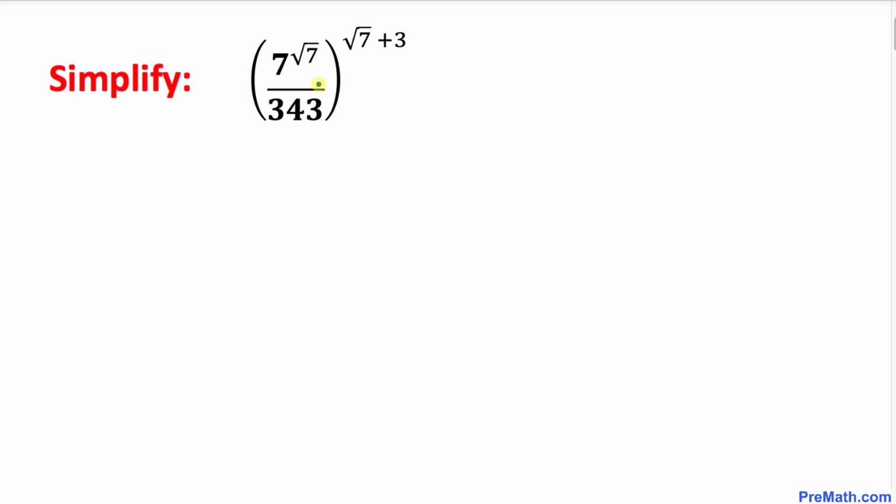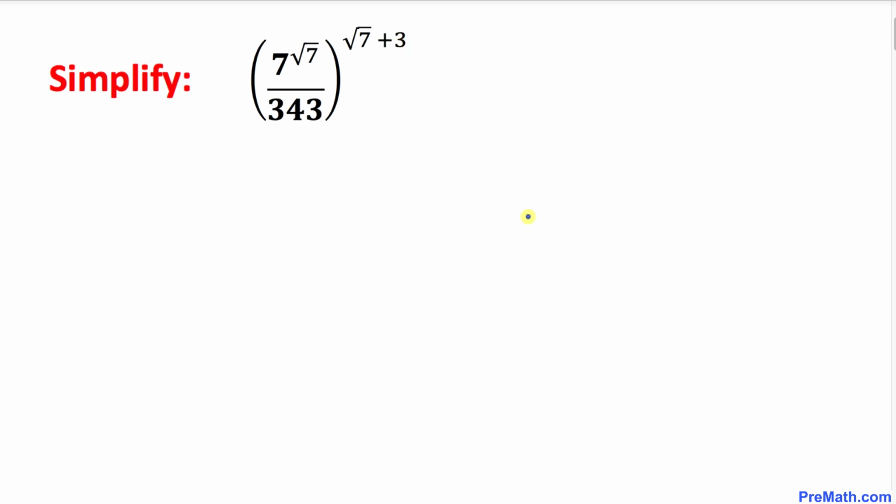In this video tutorial, we are going to simplify this given exponential expression, as you can see over here. And here's our problem right now: 7 power square root of 7 divided by 343, and everything is raised to the power square root of 7